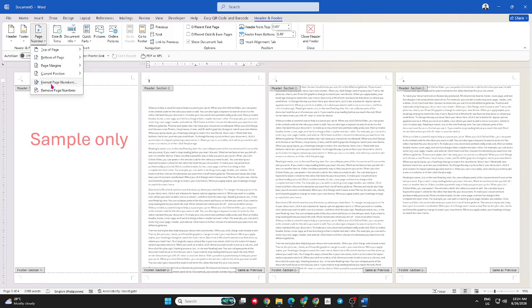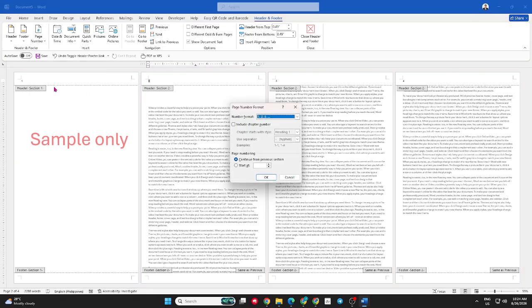A dialog box will appear with several numbering options. Under Page Numbering, select Start At, then enter the number you want the new section to begin with. For example, if you want the new section to start at page 1, enter 1. Select OK to apply the change. The page number in the new section will now start with the number you entered, while the previous section keeps